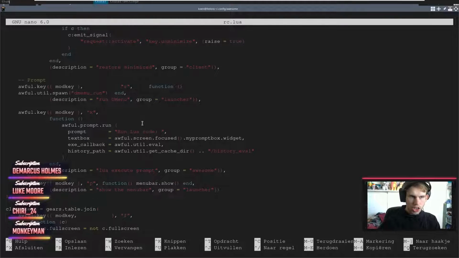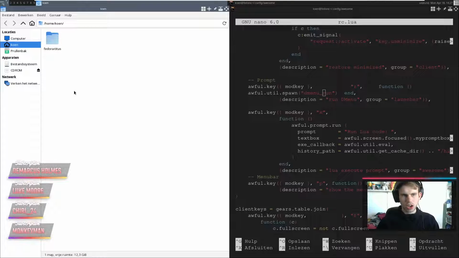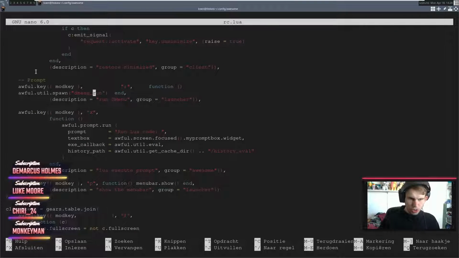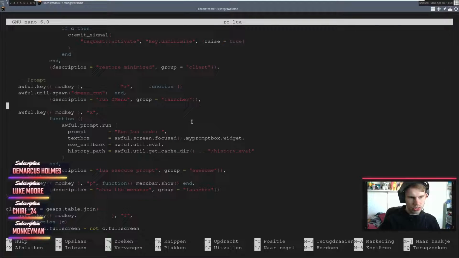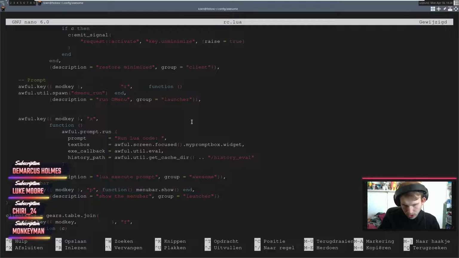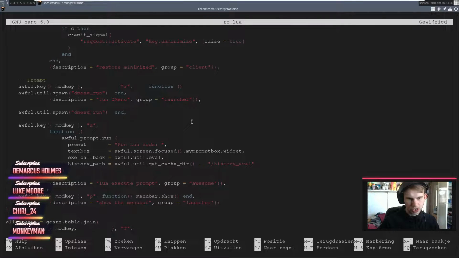So, for one thing, we have Thunar inside of here, which we want to run with a single shortcut. So what I can do is select all of this stuff, and I want to copy that, and I want to put that into its own line. And the way to do that is by pasting it all like that.